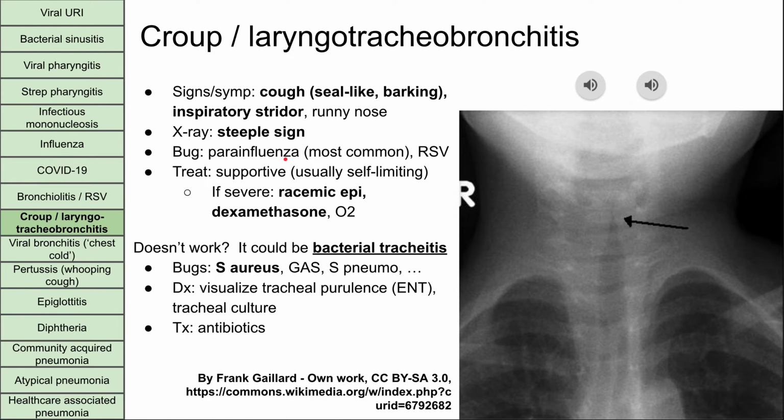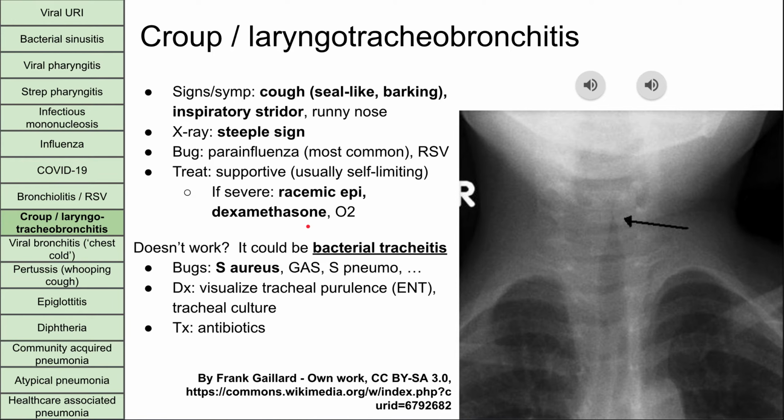The treatment here is supportive, just like it was for mild cases of RSV. If it's really, really severe, these kids can get racemic epinephrine, they can get dexamethasone, they can be hospitalized and get supplemental oxygen. But normally it's supportive. If it's bad, try racemic epi, try steroids like dexamethasone. If you suspect croup, if you hear this seal-like cough, this inspiratory stridor, and you give them steroids,